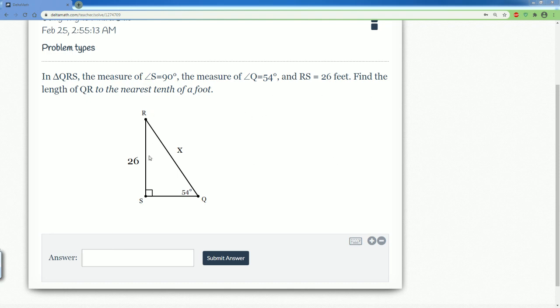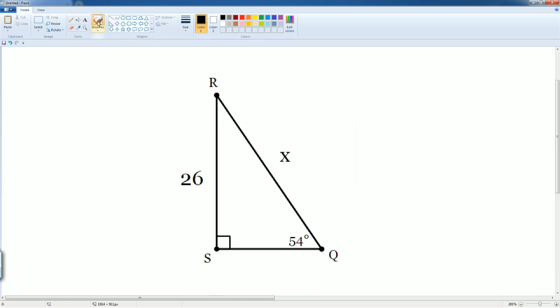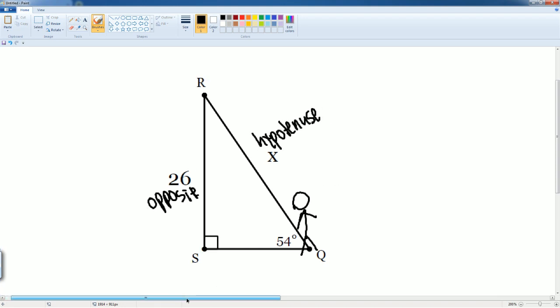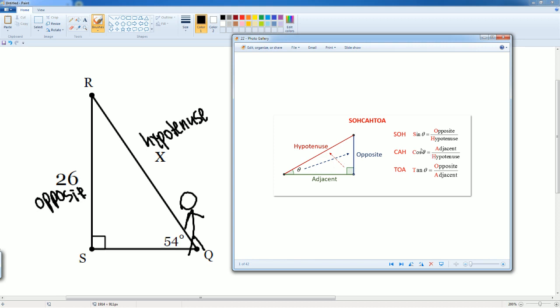Same process. Given this information, solve for x. We start by drawing our person next to the angle so we can label it. Here is our person. We saw that the 26 here is the opposite side, and x here is the longest side, so that's the hypotenuse. If we now take a look at our trig ratios, we should realize that opposite and hypotenuse is referred to as the sine. So SOH,